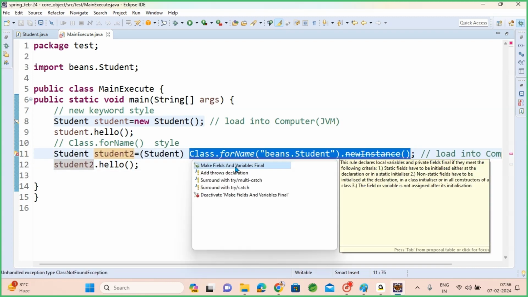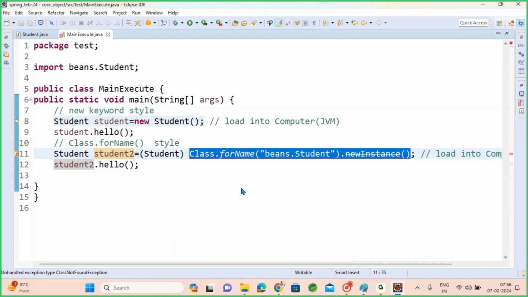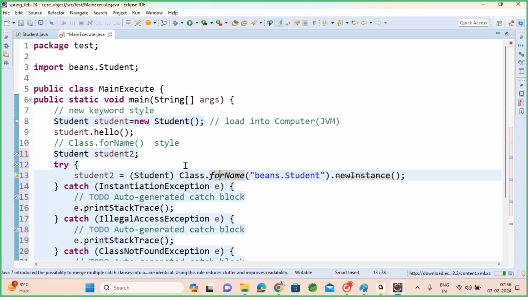It is asking to handle the exception, a compile time exception it is throwing. So either you need to apply try catch, sorry,